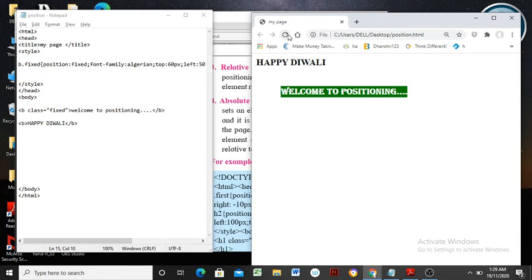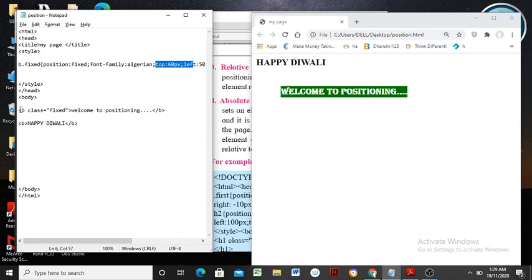Instead of preference we can say that this tag B class equal to fixed is nothing but what? They have defined a space of 50, 60 or 40 pixels as a margin space here. Top equal to 60, that is nothing but what?